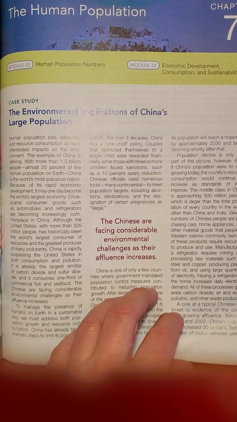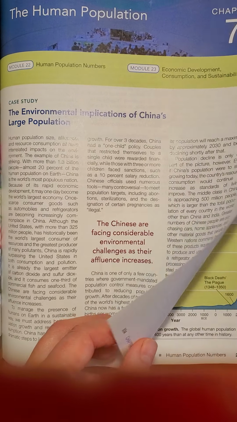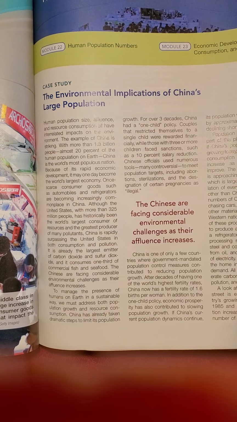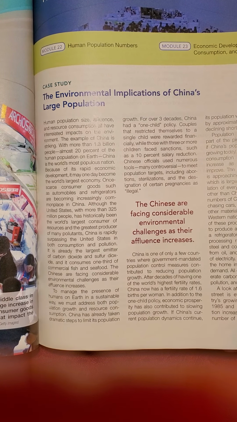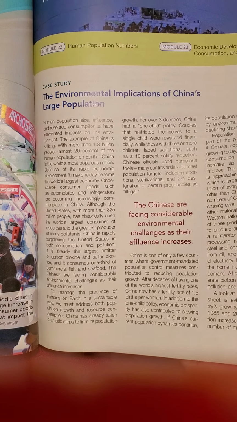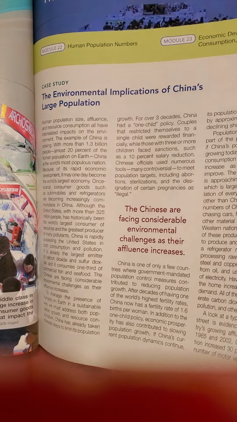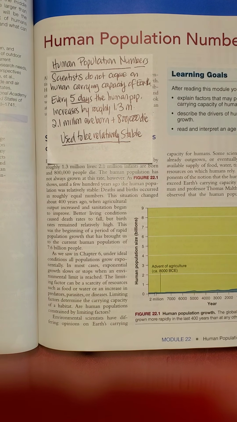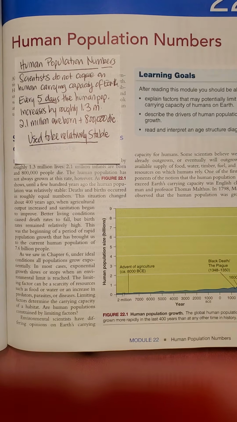They're talking about the environmental factors that are affecting this population in terms of the increased middle class and the consumption of goods, and how does this affect the presence of humans on this earth? That's kind of where they're headed with that. But we're going to talk about that during the module, so let's get moving.